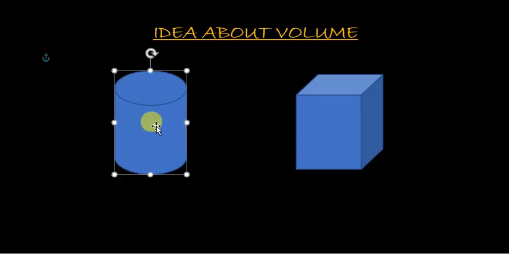Now note that assuming we have this shape, that's a cylinder, we are asked to find the volume. Note that we can draw the net of this cylinder. So the first approach is one, try to identify the component part of the shape or the solid figure that